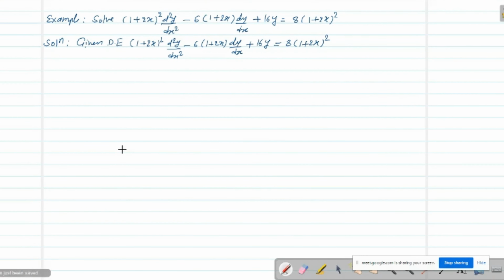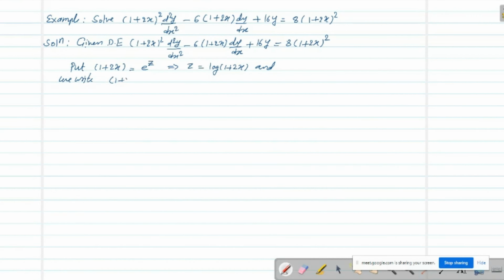So for this, what do we have to do? We put 1 plus 2x equal to e raised to z. Okay, so this gives z equal to log of (1 plus 2x). Okay, so the given differential equation is a Legendre differential equation. So for this we put 1 plus 2x equal to e raised to z, and we write